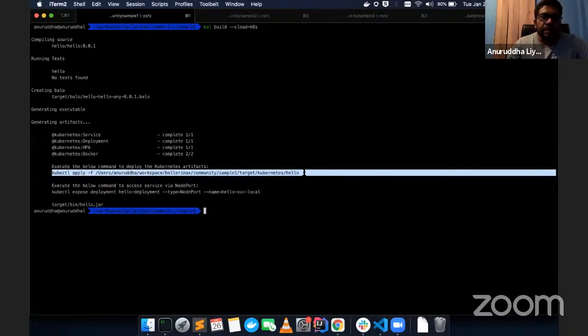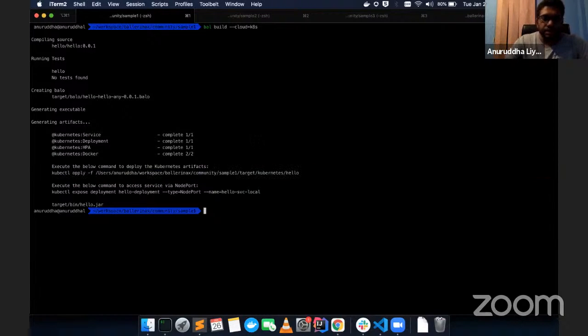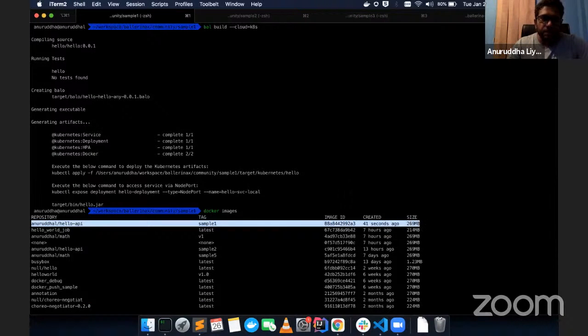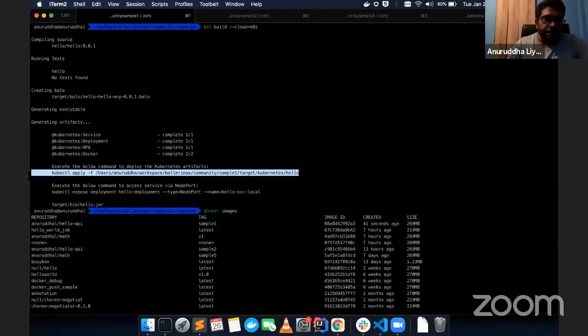You can see the command that is needed to deploy this in Kubernetes. First, let's check whether the Docker image is built. I'm going to run the docker images command. So we have this Untitled hello API sample1 built now. Let's deploy this one using this command.